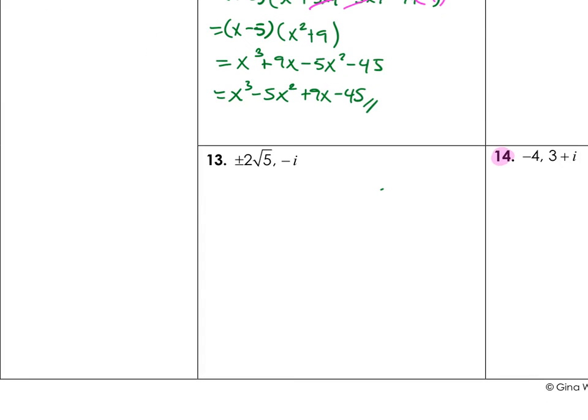So 13. Now remember that x equals 2 square root of 5. So I'm going to start by squaring on both sides right here. So I have x squared equals 4 times 5. So x squared equals 20. So I have x squared minus 20 equals 0. So that means that right here, y equals